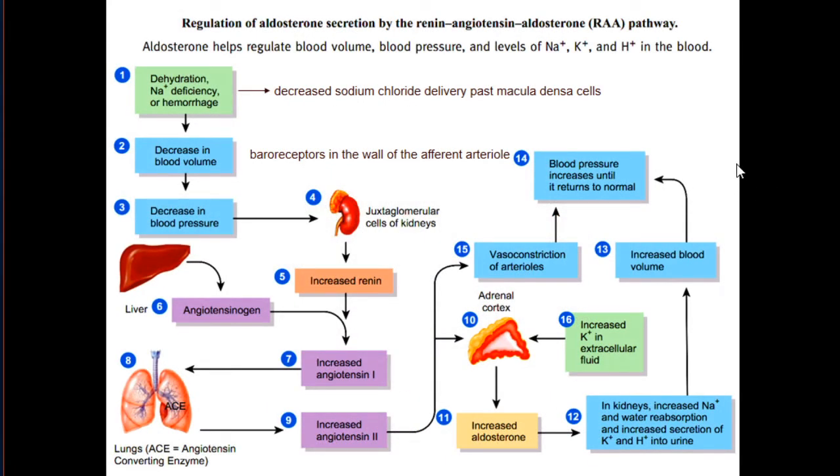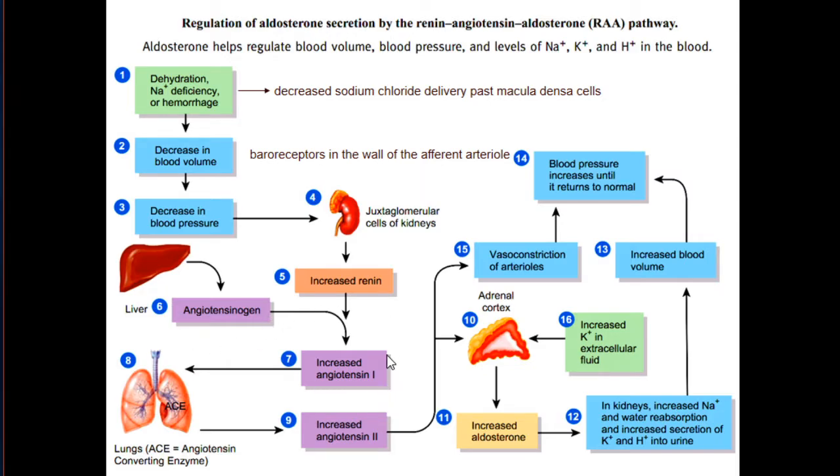So here is one of the possible summaries on renin-angiotensin aldosterone system. You have dehydration or sodium deficiency or any other reason which reduces perfusion of kidney. That could be decrease in blood volume or blood pressure. As a result, there will be activation of juxtaglomerular cells of kidney, and they will start producing renin. Renin converts angiotensinogen into angiotensin